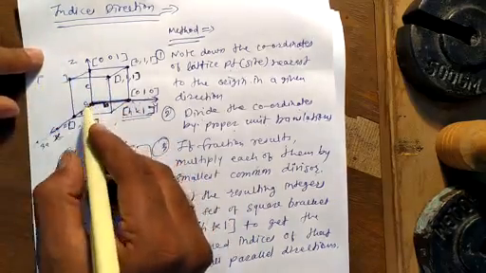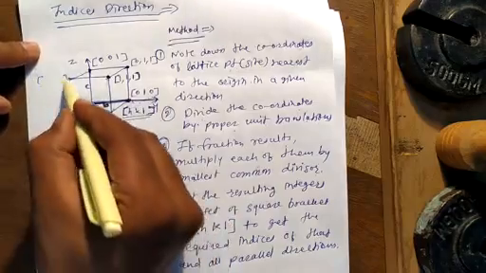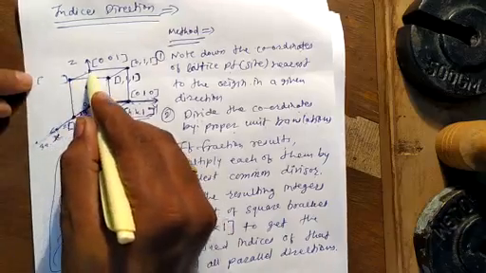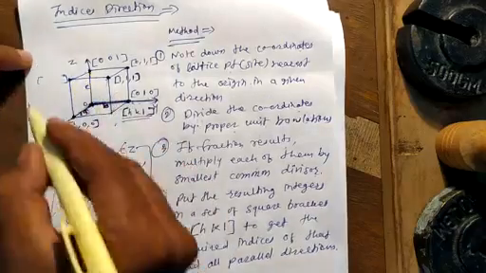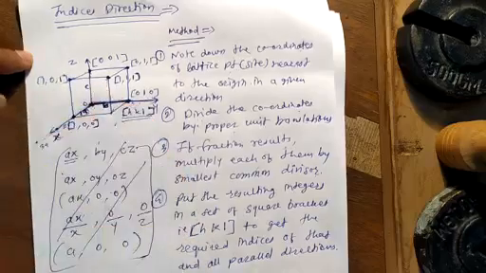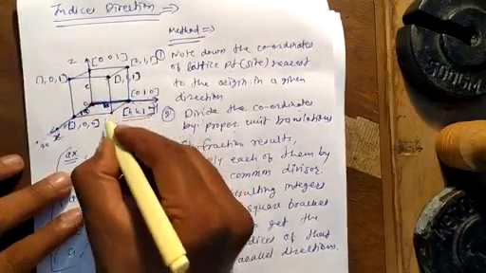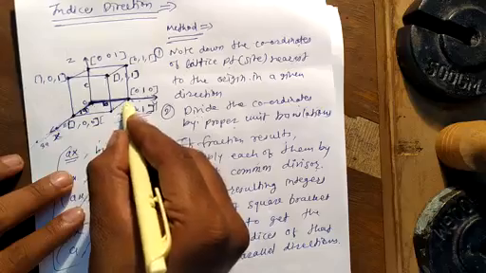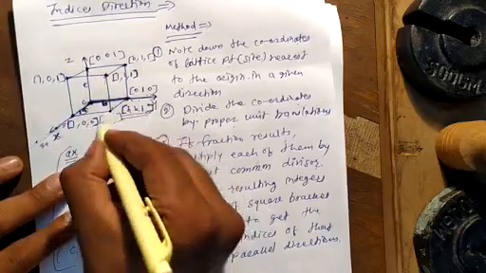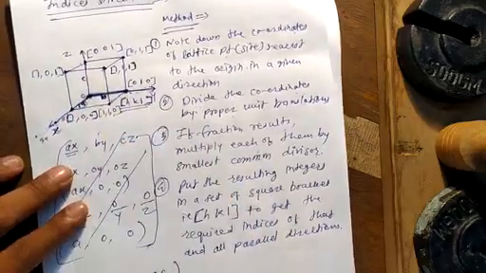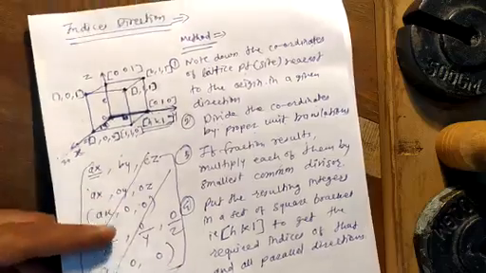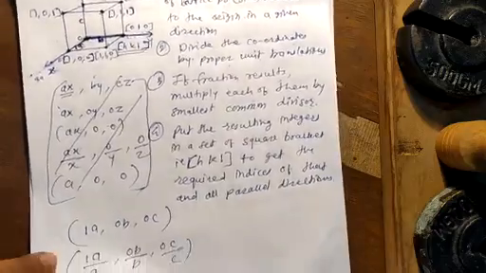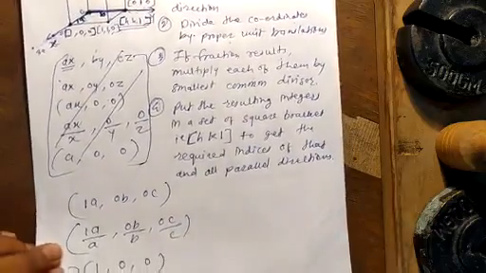We are considering all the directions with respect to origin. Therefore, the direction of this lattice point will be 1 point along the x-axis, 1 point along the z-axis, and 0 point along the y-axis. Therefore, 1, 0, 1 is the direction. Similarly, for this particular point, it will be 1 along the y-axis, 1 along the x-axis, and 0 along the z-axis. That is 1, 1, 0. By adopting this method, we can find out the direction of any lattice point.